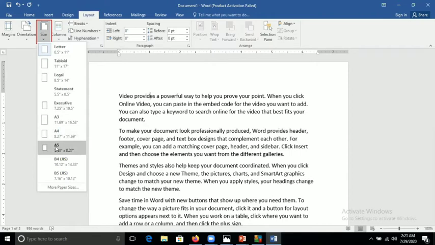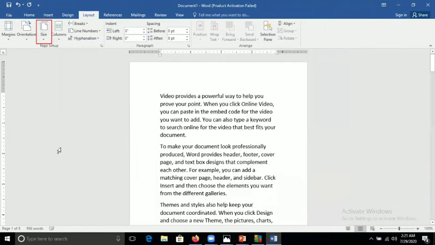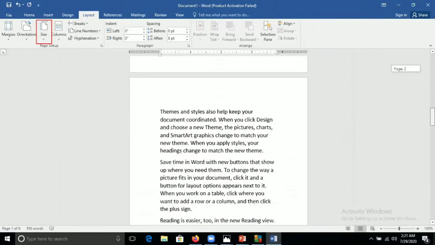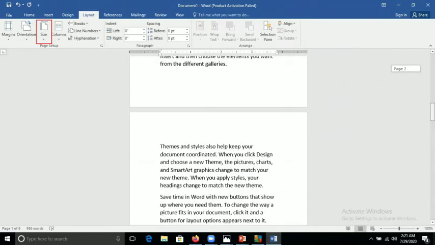You can see here A5 size is 5.83 by 8.27. When I click on it, you can see the previous total number of pages was 3. Now it is 6 because I have changed the page size and taken a small page size, A5.